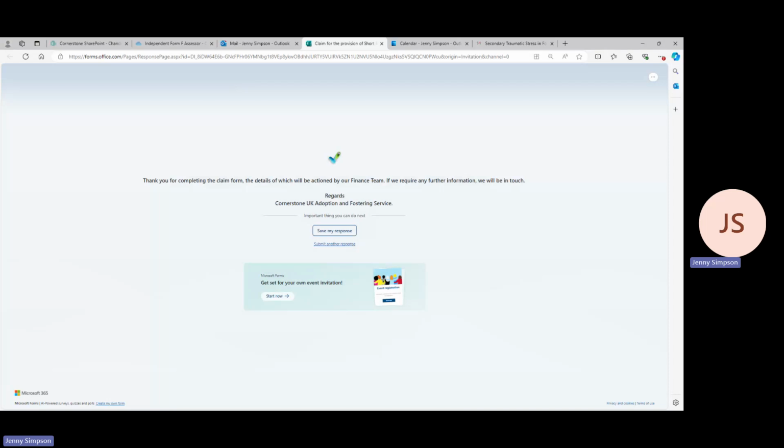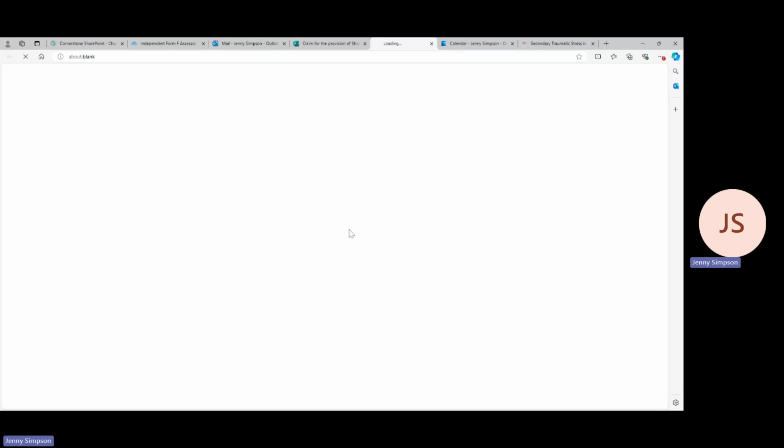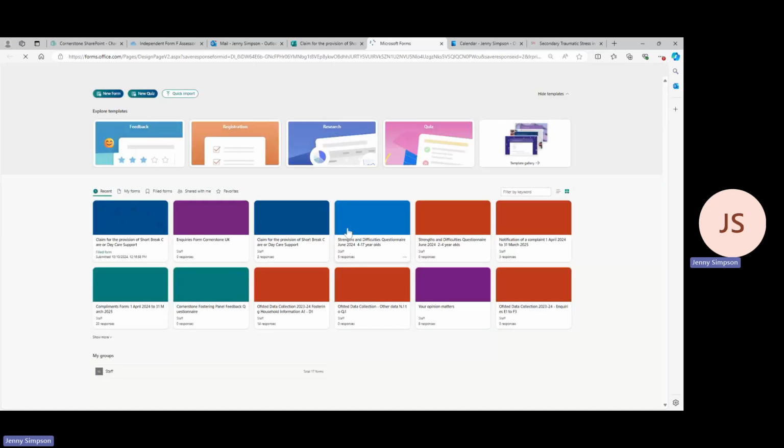What you can do also is save your response. So if we click on saving of the response, what you will see